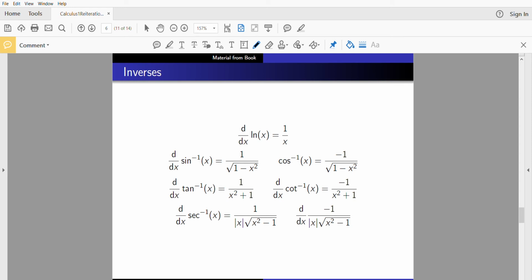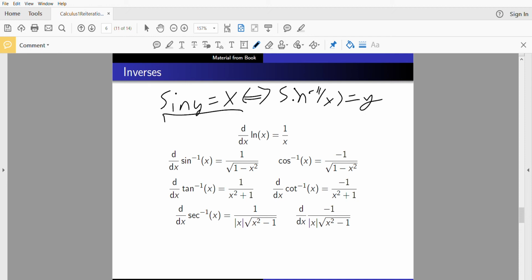Other ones that are important, so you can sort of see these. Again, I'm thinking of them as sine of y equals x is the same as saying the inverse sine of x equals y. I differentiate both sides of the expression with sine of y in it, get a y prime, divide, and then in this case I replace that with cosine of y, because when I differentiate I get cosine, with what it is in terms of sine of